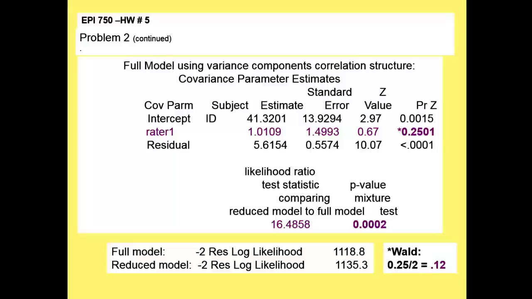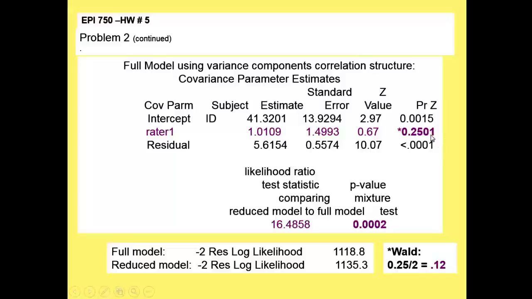That's the mixture formula. And then the computer computes the p-value using the formula. It's just built into the computer program, and the p-value is 0.0002. That's what the p-value is for the significance of the rater variable. Okay. But you notice that the Wald test is, if you divide by 2, which you have to do